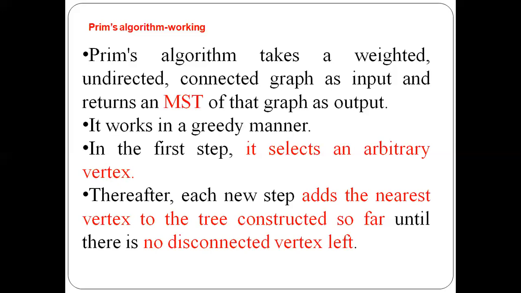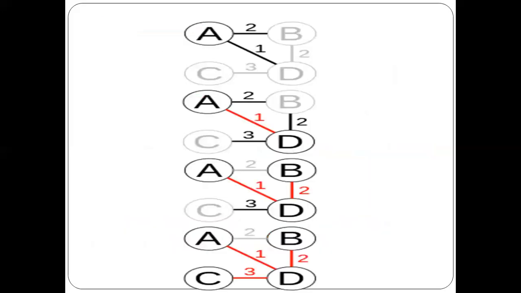So in each step, you check which edges are connected, and of those, the one giving the minimum weight, that edge along with the new vertex is added to the tree. We will see how this algorithm works. This is a very simple example. I have 4 vertices A, B, C, D and 4 edges. In the first case, I have taken A as the starting vertex. I can start with C, B, anything, but I just started with A.